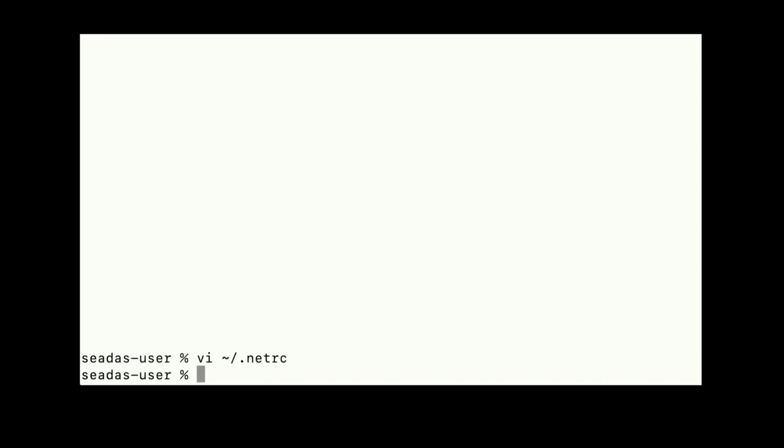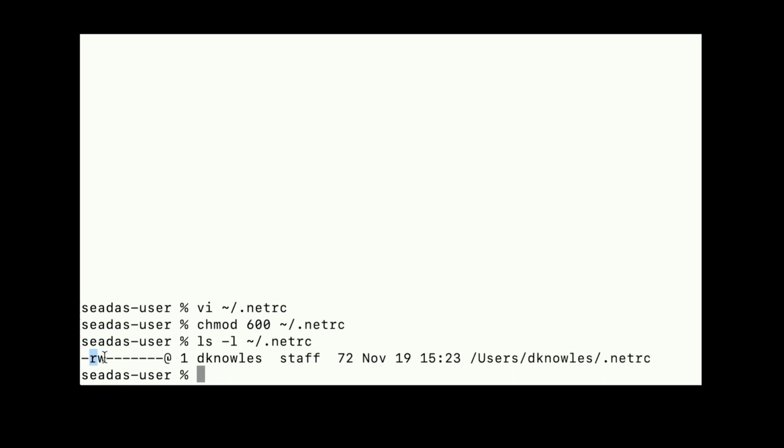A final note, the .netrc file is a plain text file containing your login credentials, so it's best to secure this file. To do this, open a terminal window and at the command line run this command: chmod 600 ~/.netrc. This will change the file's access permissions such that only you, the logged in user, can view it. Run ls -l ~/.netrc, and you see the account user is the only one with permissions to read or write this